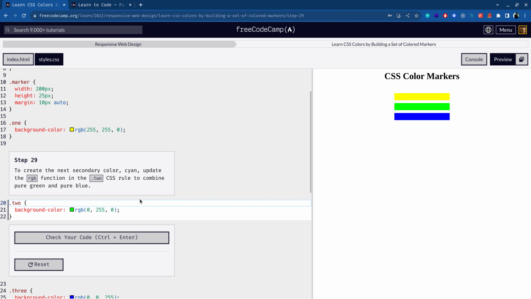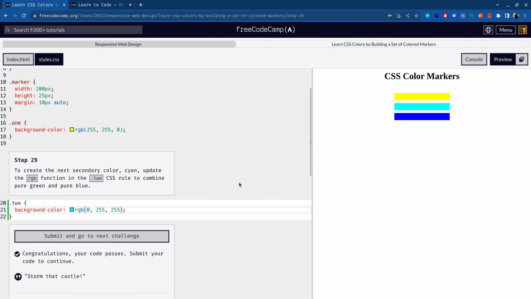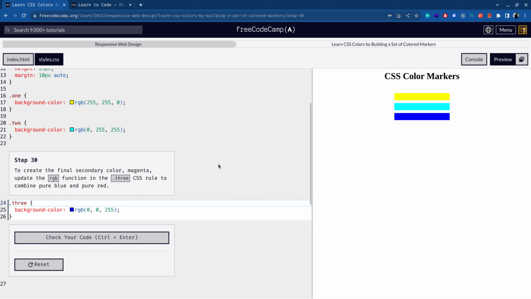To create the next secondary color, update the RGB function in .2 to have pure green and pure blue. Okay, so pure green and pure blue will result in this color, cyan. To create the final secondary color,